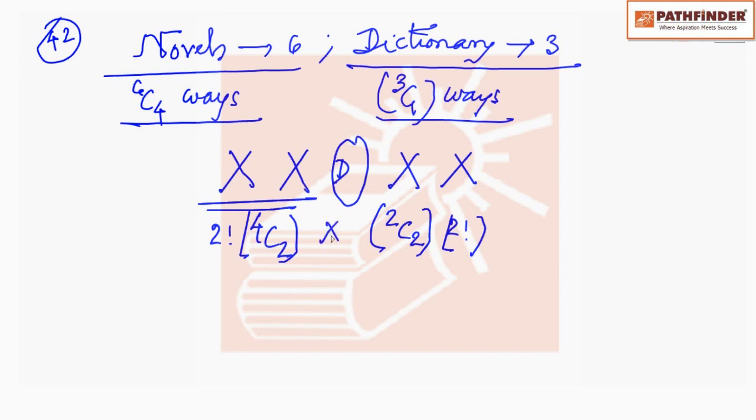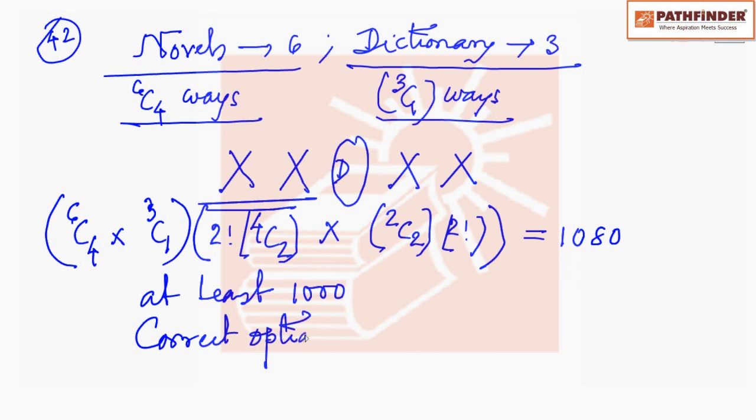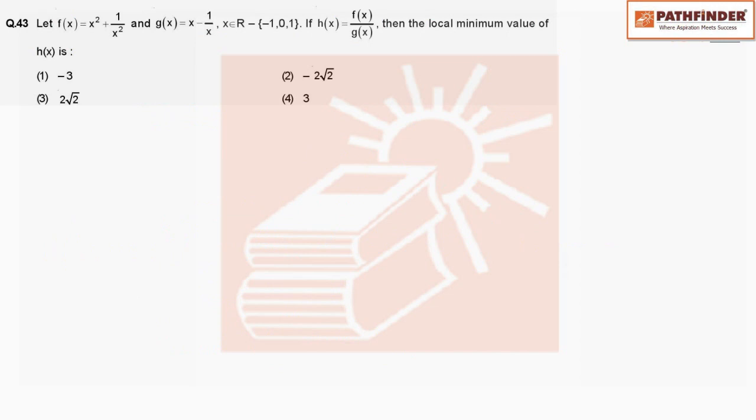So we can combine the number of ways of selection. It is 6C4 into 3C1. These are the number of ways of combining those objects into their arrangements. So the final answer will be 1080, which is at least 1000. So the correct option is 4. Now the next question is question number 43, which is that